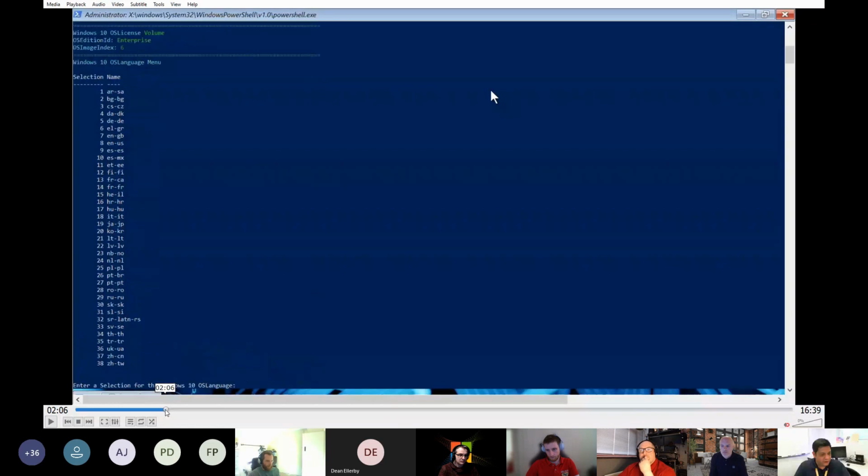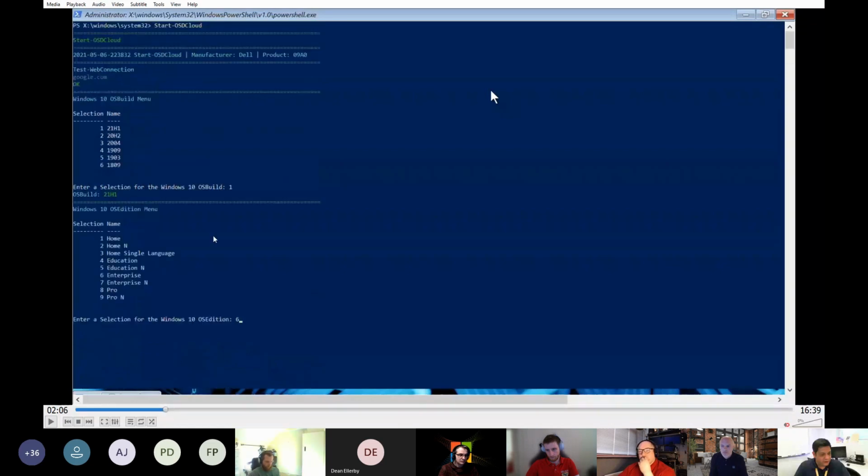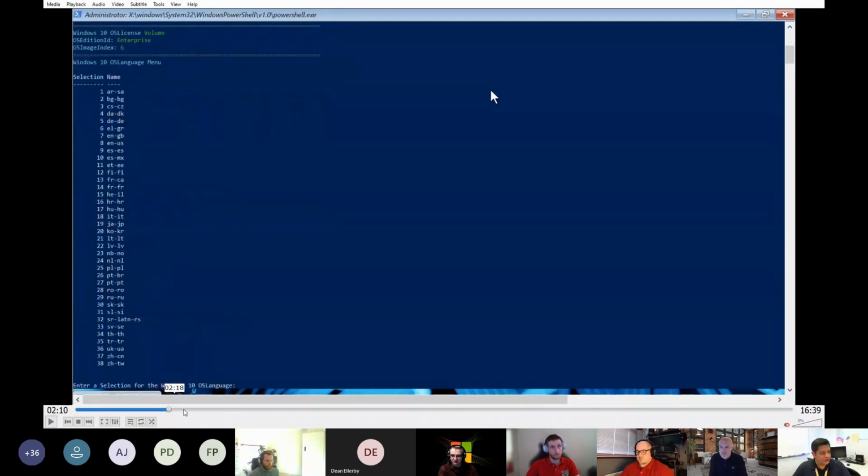And let me pause this real quick and go back. You'll see once you select the build, you're going to have to select an edition. For me, I typically select Enterprise and Work. You can also select Pro. Then you can upgrade your key to an Enterprise. But obviously, if Home is included, you can certainly reimage machines at home using this method. And the language selection, typically I would choose ENUS.